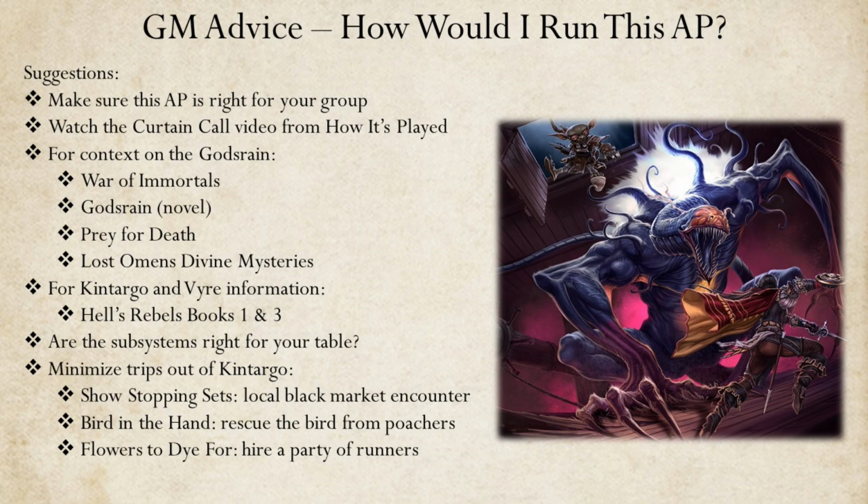Finally, in the case of Flowers to Die For, also on page 37 of Book 2, I have a pretty ambitious idea. By this point in the story, the PCs are well known as producers on a major theatrical production. If they take too much time away from the city, they might jeopardize the opera's chance at success. Big producers don't run errands on their own. They hire runners to do that work for them. And this is my suggestion.